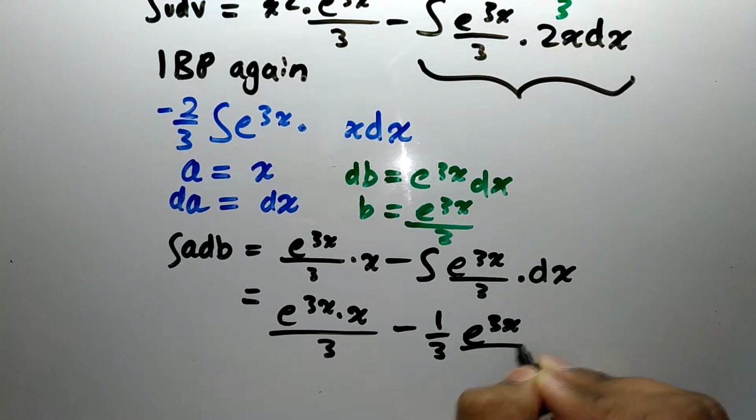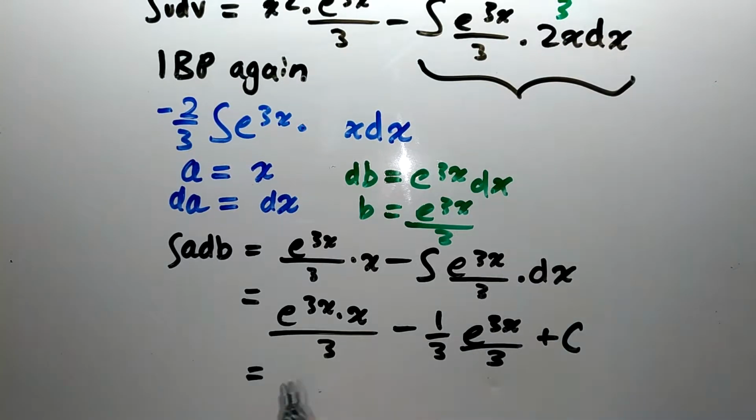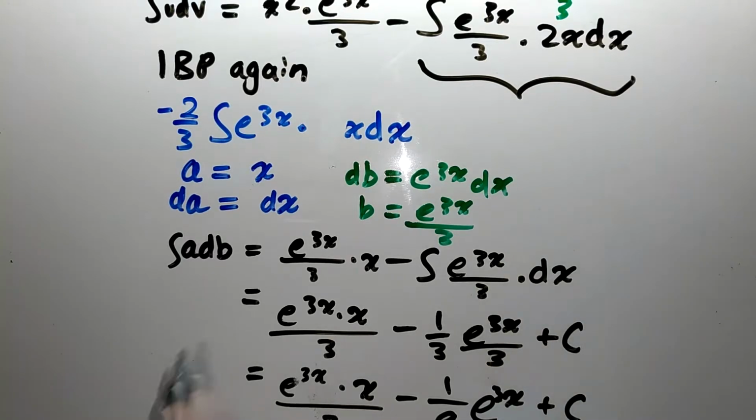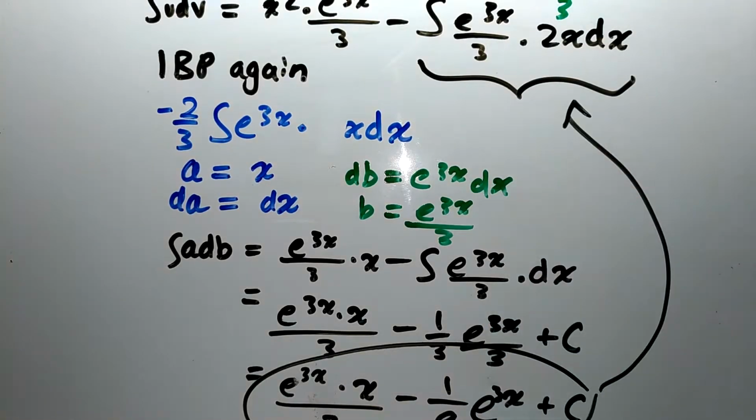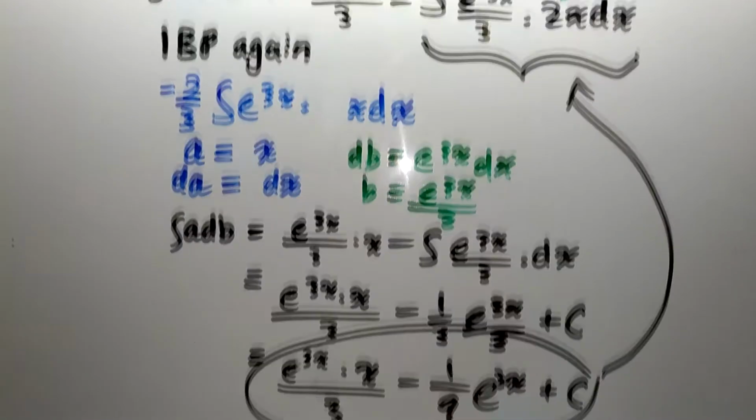It's just going to be e to the 3x over 3, and then we can simplify it a little bit more, so it's just going to be e to the 3x over 3 minus 1 over 9 e to the 3x plus c, and then we can just plug this back into the integral we were trying to solve,